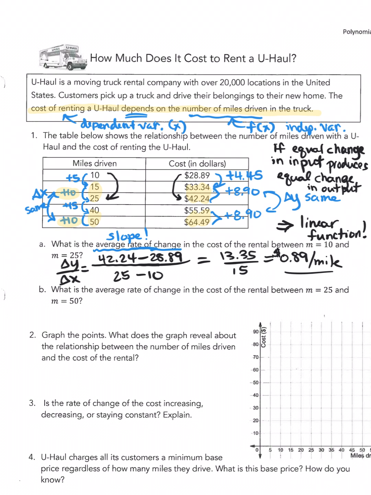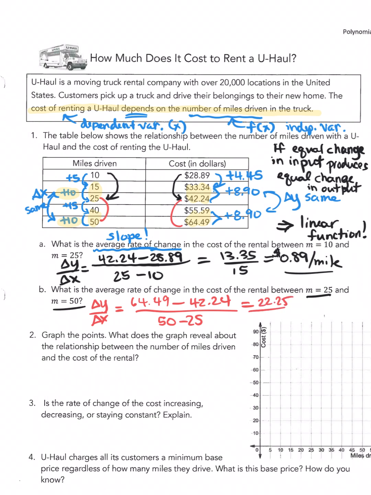Now it says, what's the average rate of change in the cost of the rental between 25 and 50? So let's do that in a different color. Let's do that in red. So from 25 to 50 and from 25 to 50. So rate of change would be change in y over change in x, because rate of change means slope. So this time our change in y would be 64.49 minus 42.24 divided by 50 minus 25. Okay, we're going to get 22.25 divided by 25 this time, but look what we get. 0.89